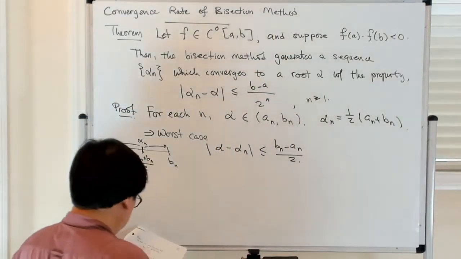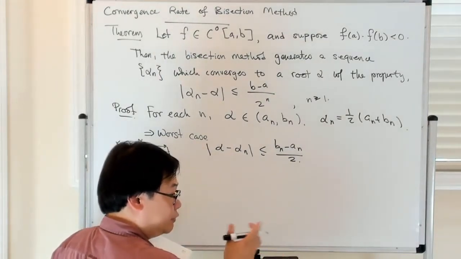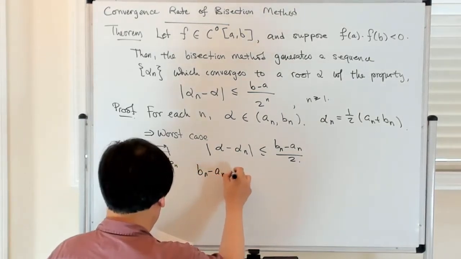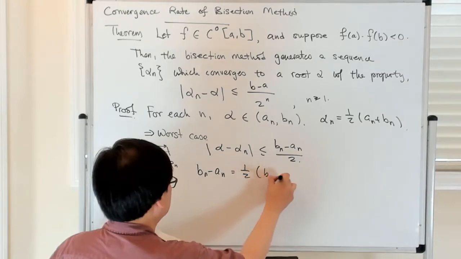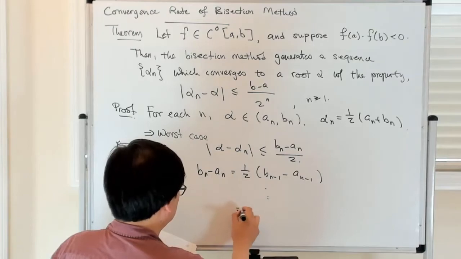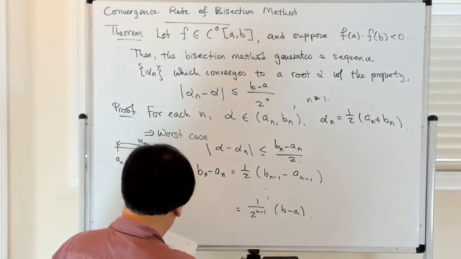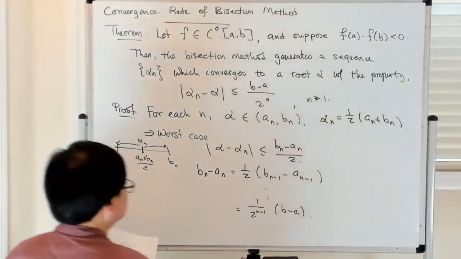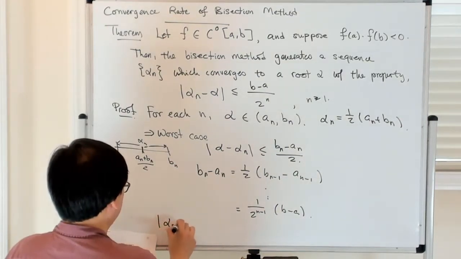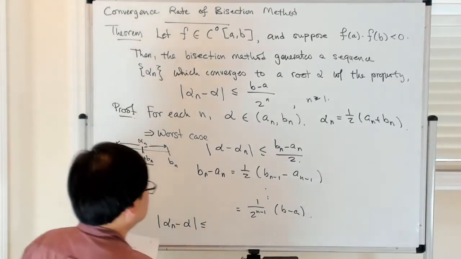But we know that each time you apply the bisection method, the length of the interval decreases by a factor of 2. So bn minus an is equal to 1/2 of bn minus 1 minus an minus 1. And so eventually you get 1 over 2 to the n minus 1 times b minus a. Okay? So that tells you that alpha n minus alpha is less than or equal to